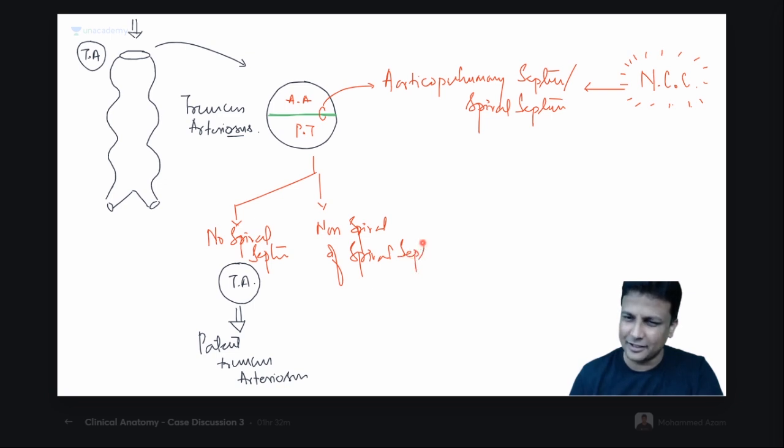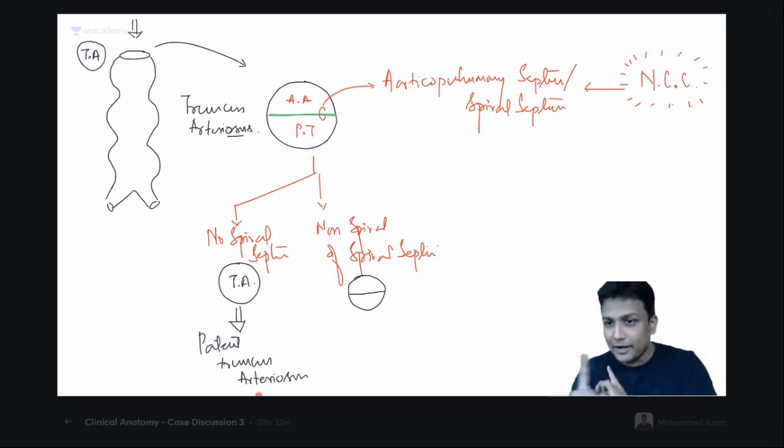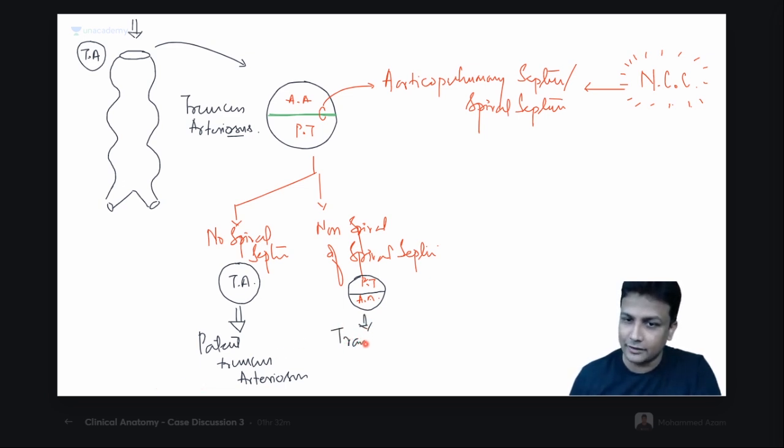How clear is that? No need to mug up and all. And in this condition, how will the diagram be right now? Okay, this is your truncus arteriosus, and this will be the spiral septum. But the problem is it is not spiraling. Observe very carefully. Ascending aorta will remain here, and the pulmonary trunk will remain here, guys. It's exactly opposite of the normal diagram. Understanding? And that condition is referred to as transposition of great arteries.